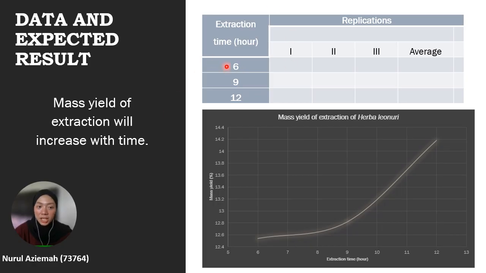This table shows how the data should be tabulated with different extraction times, which are 6, 9, and 12 hours. To maximize the accuracy, we will have 3 replications and take the average mass yield for each time. Conventional Soxhlet extraction has been the most used extraction technique worldwide for a number of decades and is being used as